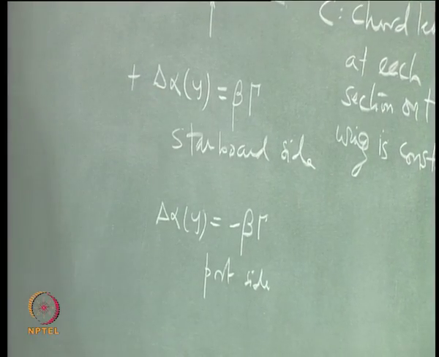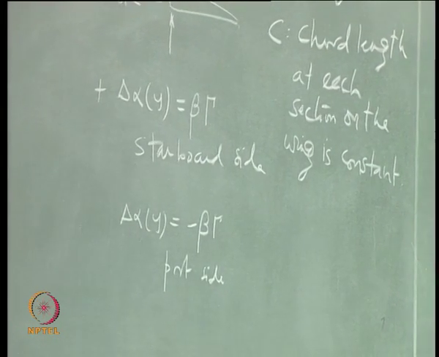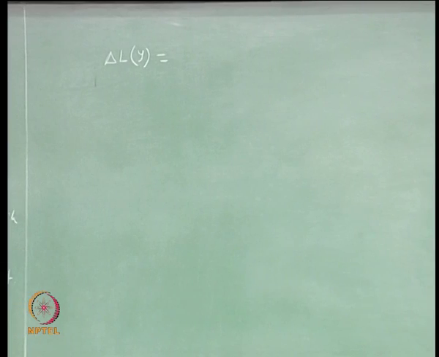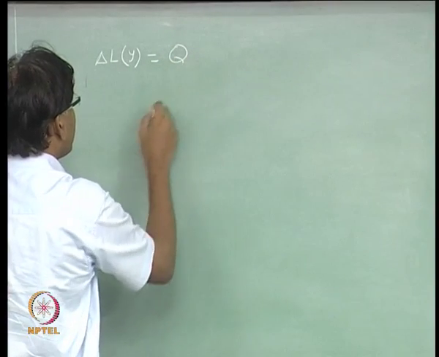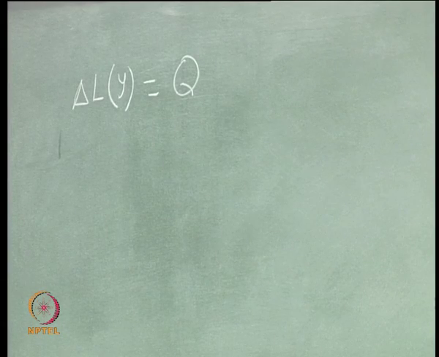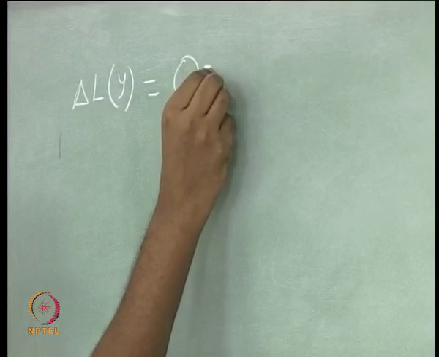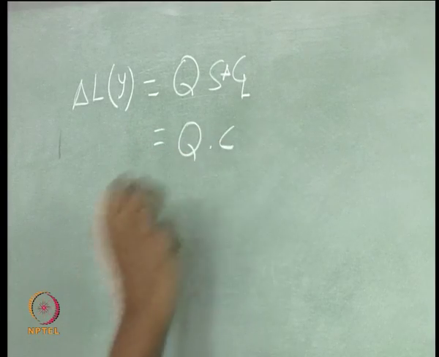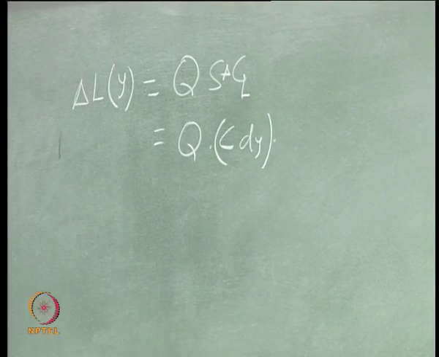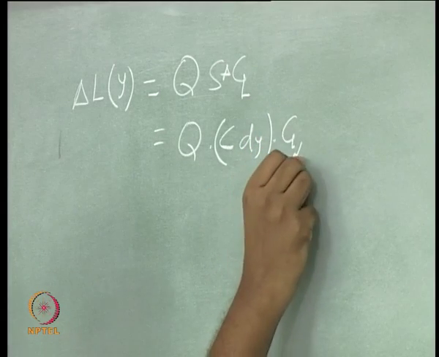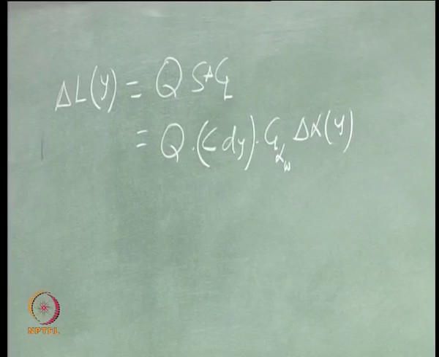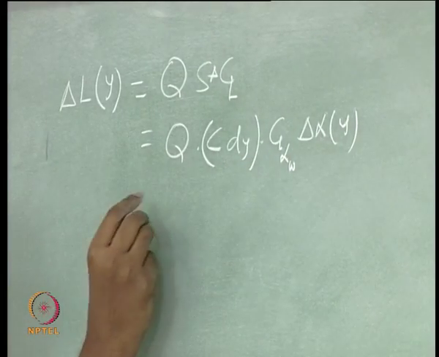Because of this delta alpha, we are going to see a corresponding change in the lift, right. So, delta L at y is q into that area, right. So, c into dy, right, chord length into that strip length, into CL alpha of the wing, into delta alpha y, right. All right, so this is